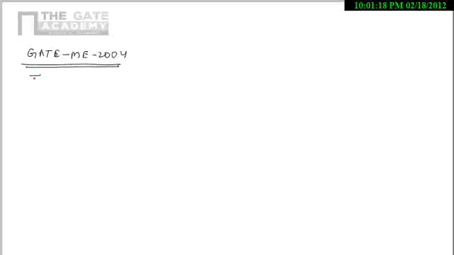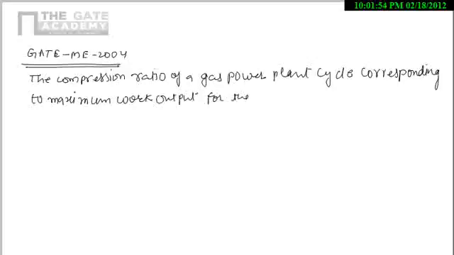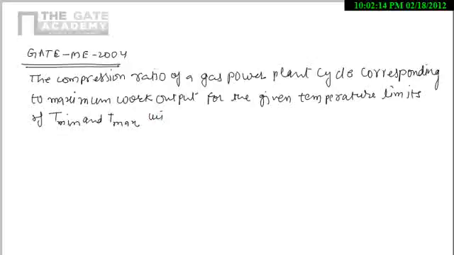The compression ratio of a gas power plant cycle corresponding to maximum work output for the given temperature limits of T min and T max will be